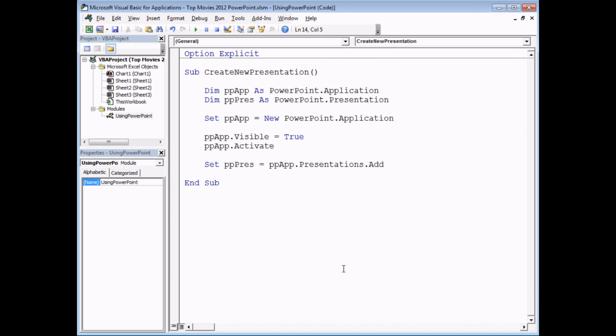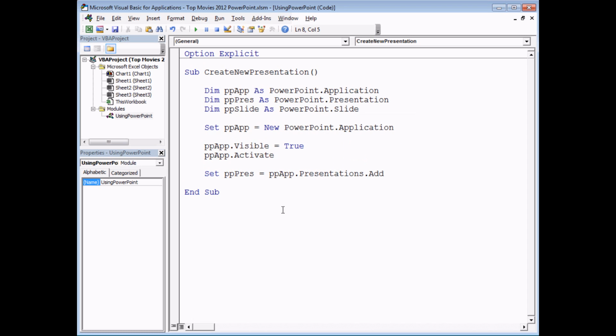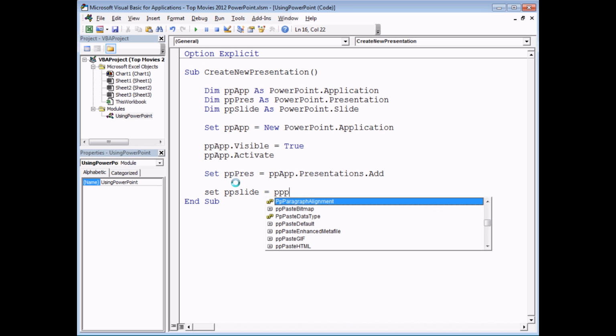Now the next job is to start adding slides to the presentation, and just like we did when we created a new presentation, we stored a reference to it in a variable. I'd like to do the same thing with the slides that we create. So I'm going to have a new variable at the top, Dim pp_slide As PowerPoint.Slide. And then when I create a slide, I'm going to set a reference of the slide I create by saying Set pp_slide equals. Now the method that I'm going to use to create a slide is involved with a PowerPoint presentation. So if I say pp_pres